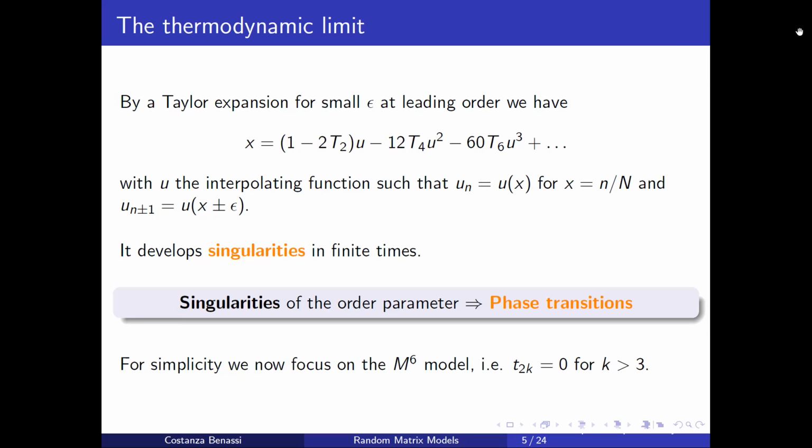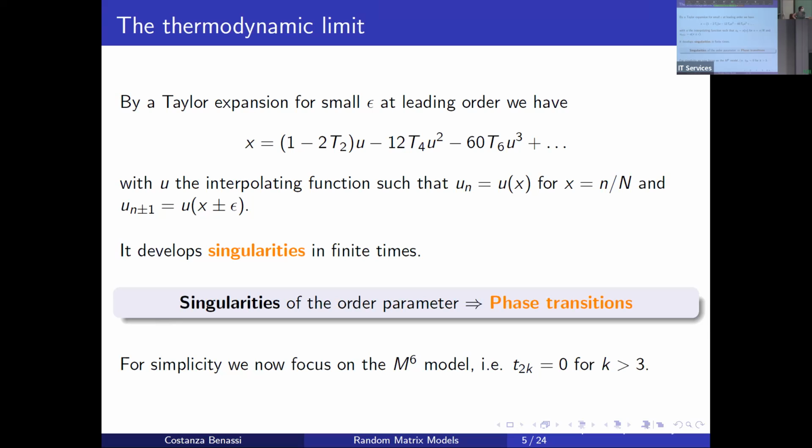That's always good when you have co-authors in the room that can say things way better than you. Yes, it does. So, in relation to this question, the potential U can be interpreted as a second discrete derivative of the partition function, and X is related to the size of the system. So the random matrix model is equivalent to a Coulomb gas, and when you increase X, you increase the size of the system. So U can be interpreted as the susceptibility of the chemical potential. That would be the physical interpretation.